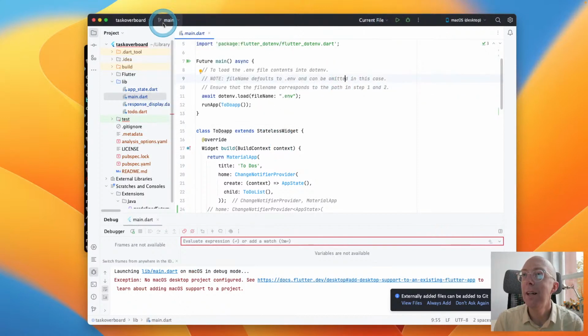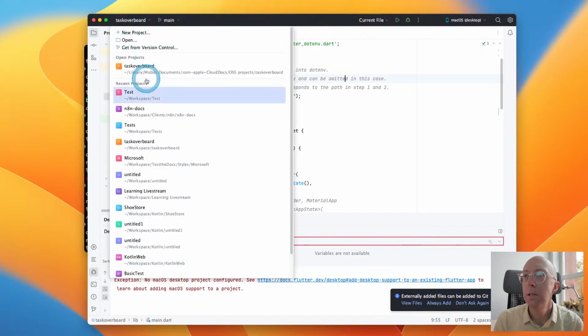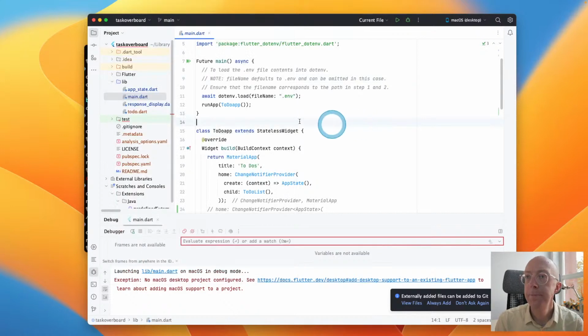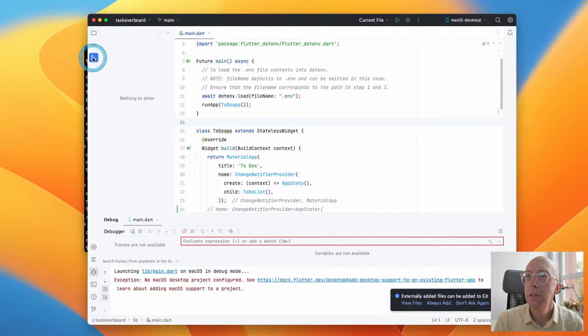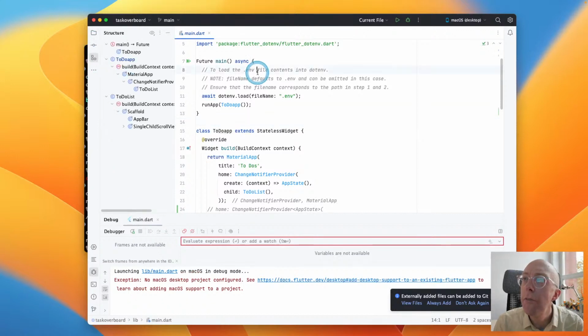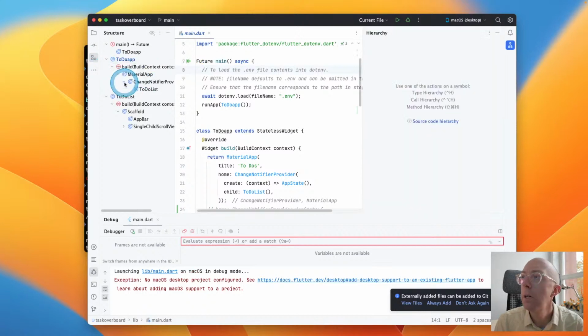But we can see these little pop downs here. Oh, that's a project picker. Interesting. And here we have commit history. Here we have a structure of the file. Here we have more. Find hierarchy. What's the difference there? Not sure exactly.